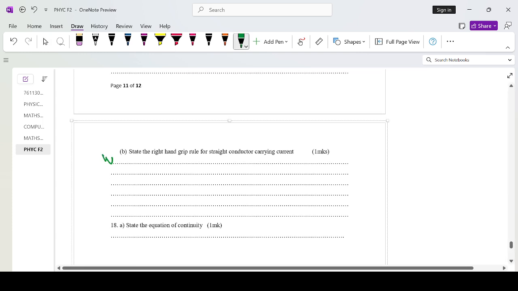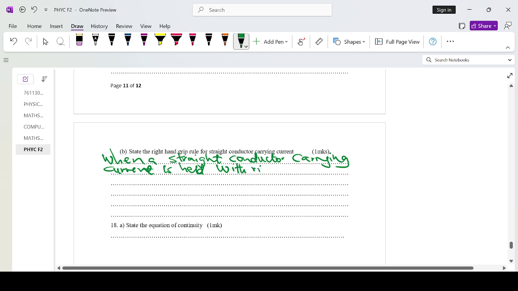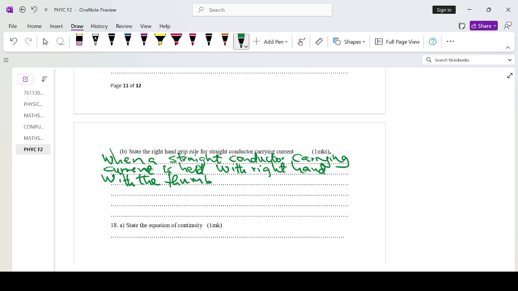It's stated like this: when a straight conductor carrying current is held with the right hand, with the thumb pointing the direction of current,